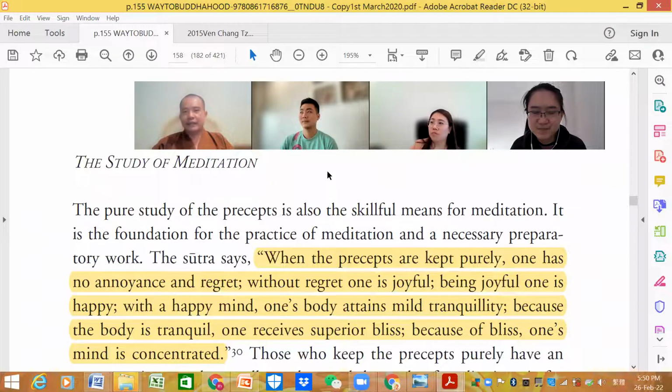Okay, the study of meditation. I think I will start it in the next lesson. But one thing I will